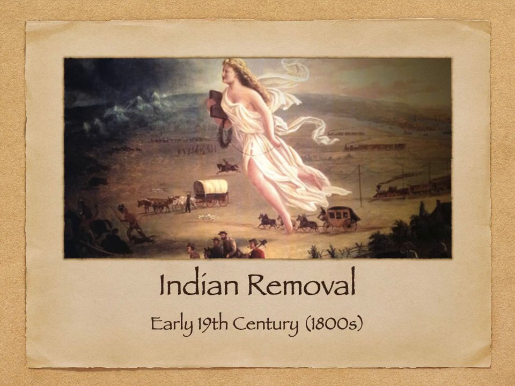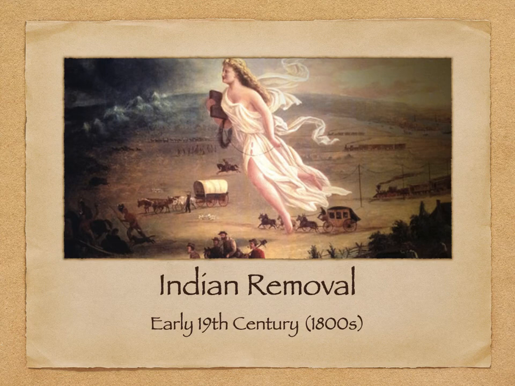So if you look at the far left of that painting, you can see the Native Americans and the buffalo being moved off by the settlers, the stagecoaches, eventually trains, coming underneath this angelic figure of divine providence, right? That this was meant to stretch. And so a lot of what we're going to be seeing is going to happen in the 1800s